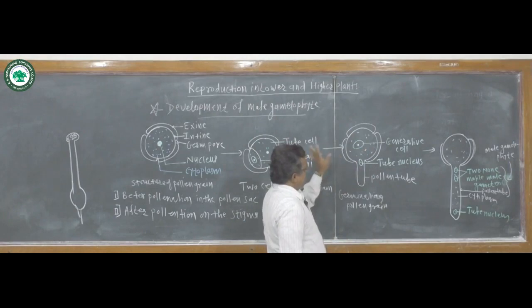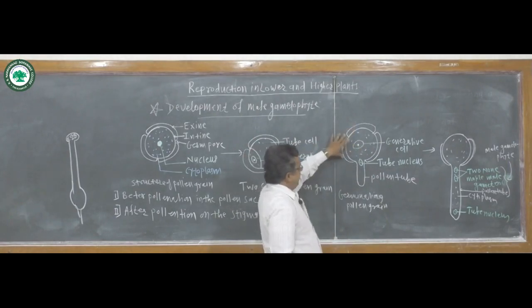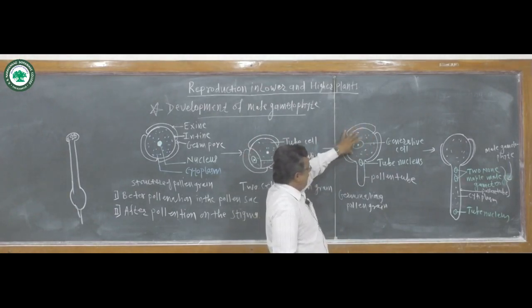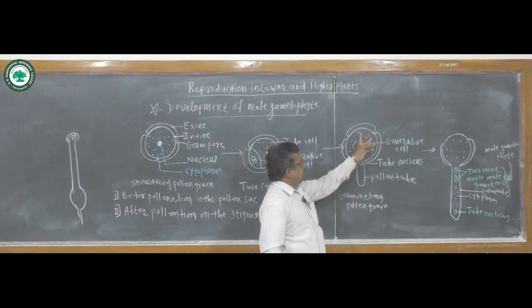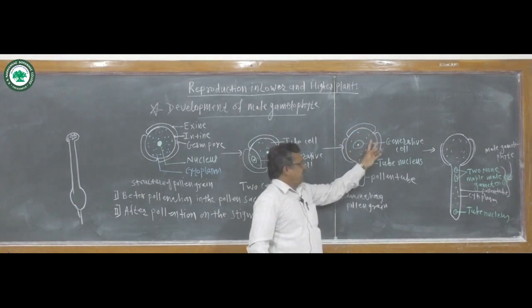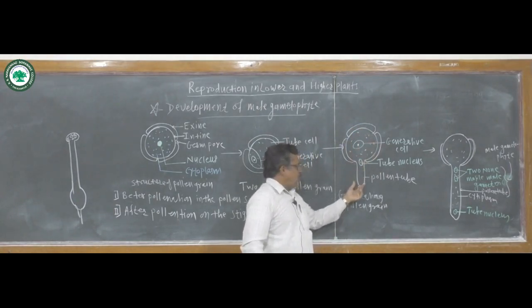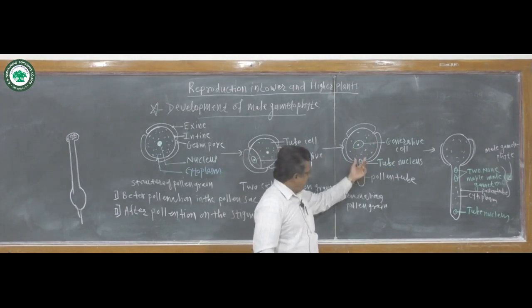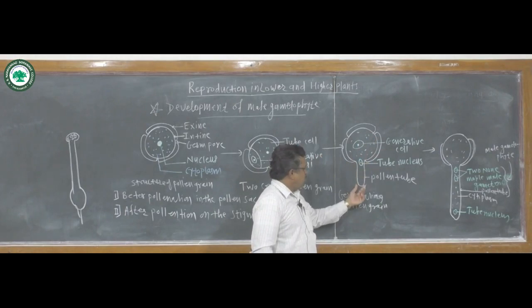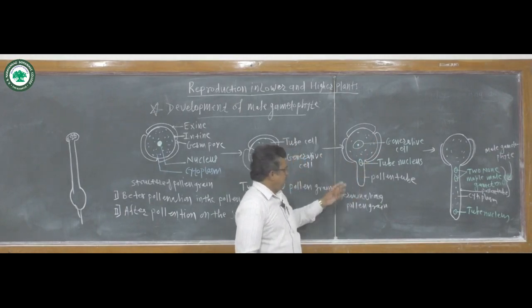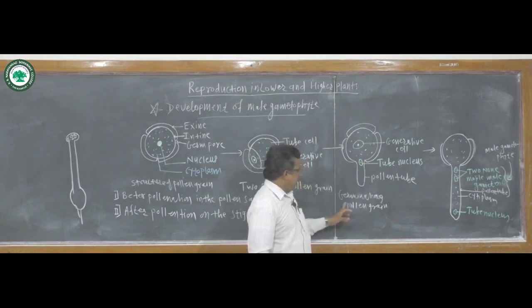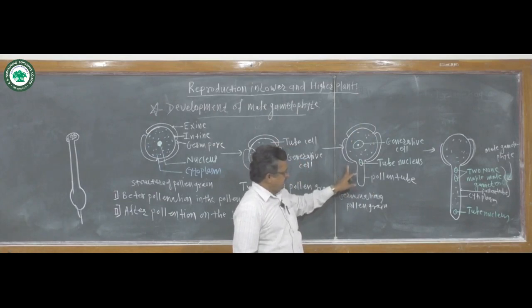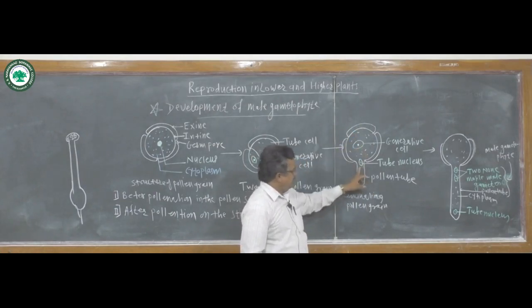It absorbs the sugary substance, so the size of the pollen grain and protoplast increases, and due to this pressure is created. Due to this pressure, the pollen tube is formed from the intine. This pollen tube comes out from the germ pore. This is called the germination of the pollen grain.